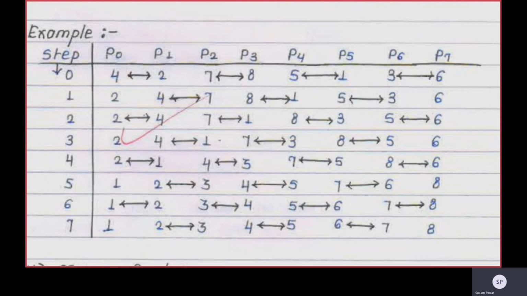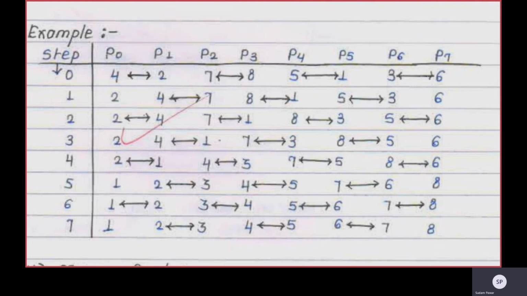They are working concurrently there, P2, P3, P4, P5, P6, P7. Okay, and they are comparing 4 and 2. If they are not in proper sequence, yes, in the first pair they are not in proper sequence, you need to exchange the 4 and 2. That is step number 1. So 2 will be at the first position now, the 0th index, and 4 will be at the first index. Okay, if you see that.